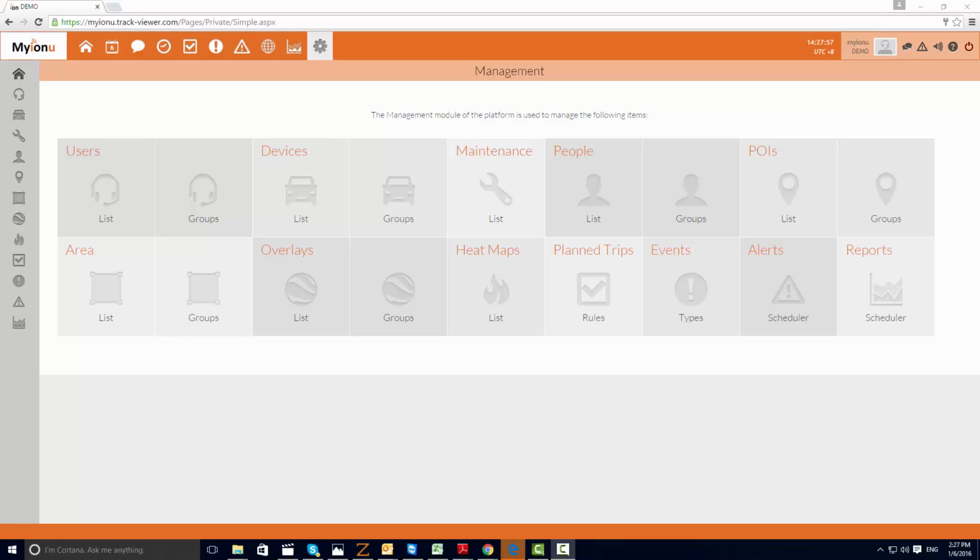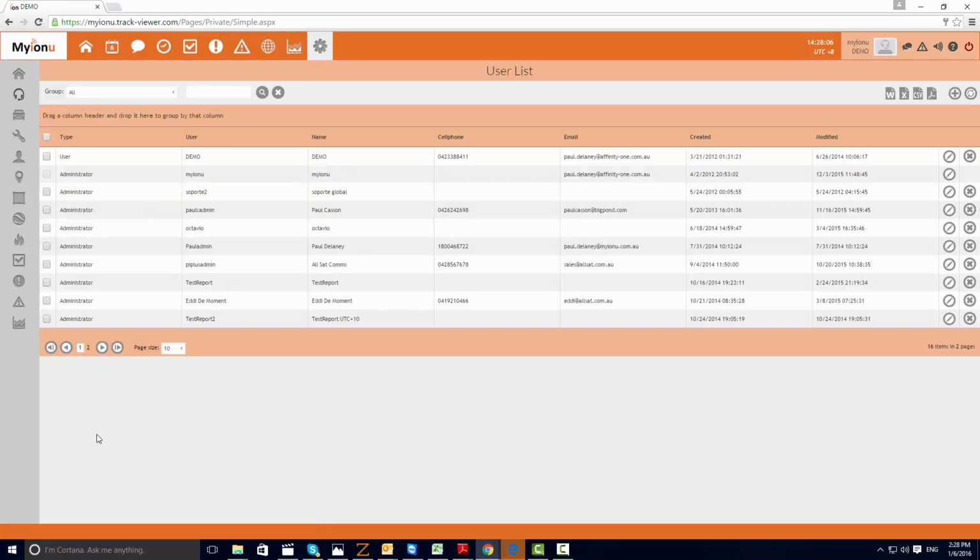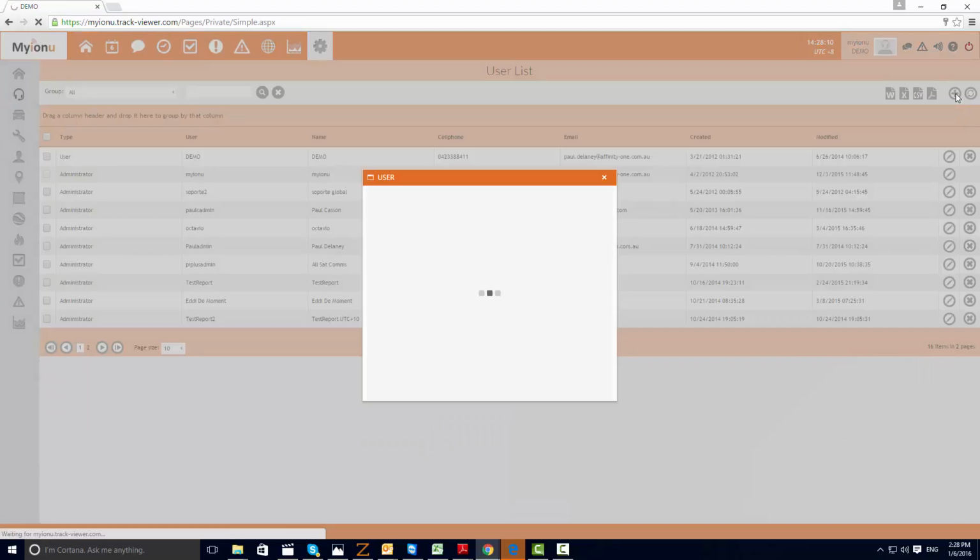So here we're going to look at the management tab and in particular users. Here we can click and see our existing list of users. If we want to add another user, you put in their username, so sample user. Whatever you're going to use as that name, it has to be unique, and if it's